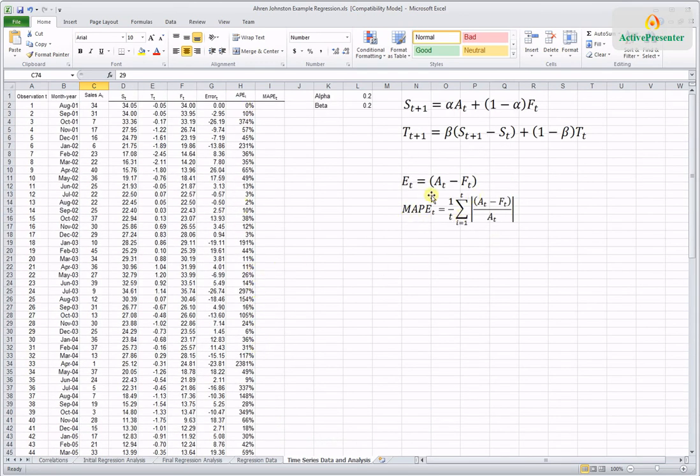Then we have the formula for mean absolute percent error. And basically, the mean absolute percent error, let's say at week 2, is just the average of the absolute percent errors from week 1 and week 2. Or month 1 and month 2 in this case. MAPE5 would be the average of the absolute value of the forecast error percentage from week 1, 2, 3, 4, and 5, or month 1, 2, 3, 4, and 5. So to make this easy in Excel,